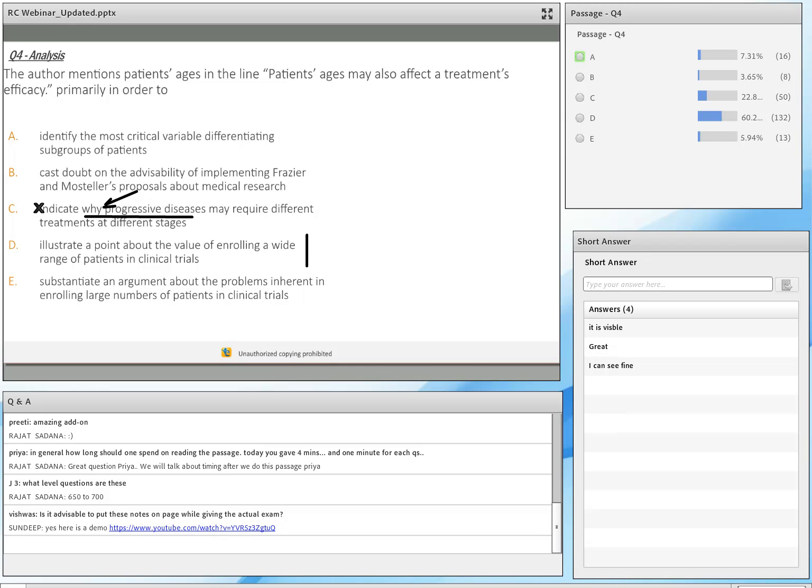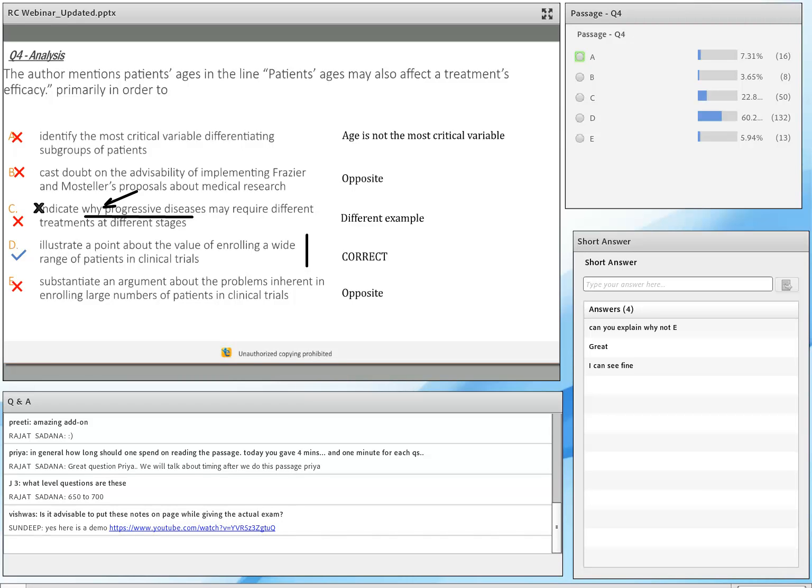Just to tell you an example of why that's the case, if you say, hey, this is a stage 3 cancer, it's a progressive disease, it requires different treatment. Why? Because a part of the lung is already consumed. The author doesn't explain that why there. And so even if we were talking about this particular context, this would not be a correct detail or inference response. Choice C was the only one that was popular, and you can really see the other ones.